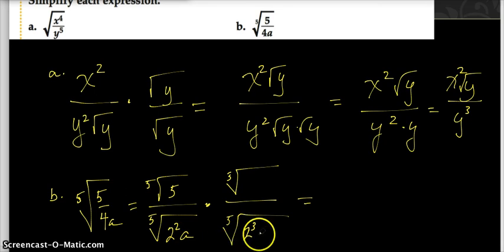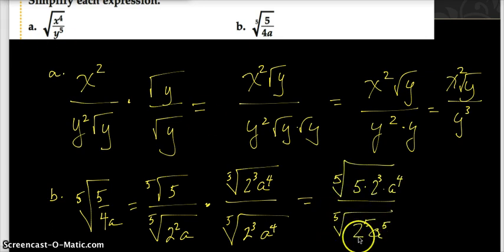Similarly with this a, I'm going to rock an a to the fourth power because a to the first and an a to the fourth will altogether give me a to the fifth, and therefore I can take the fifth root of a to the fifth. The numerator up here has to look like the denominator in order for us to simply be multiplying by the number 1. So at this point, the denominator becomes the fifth root of